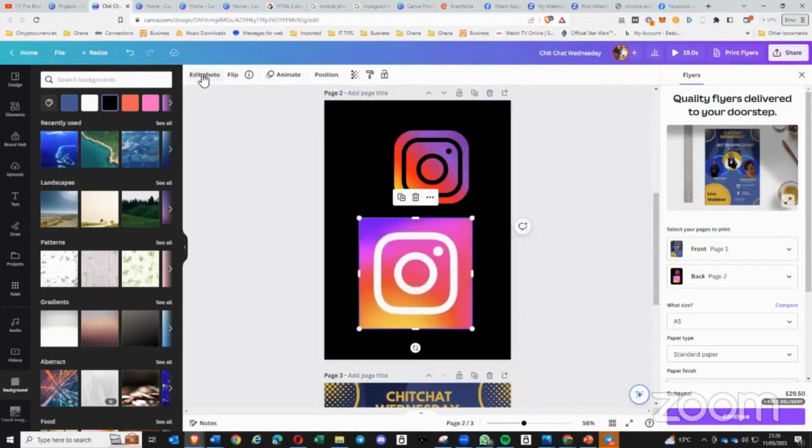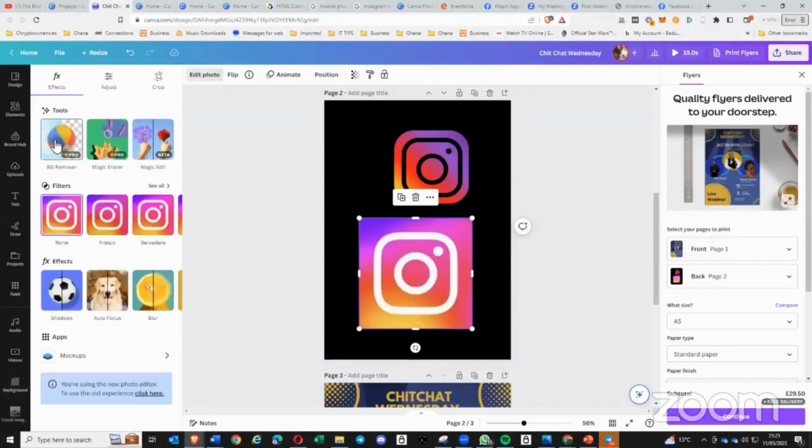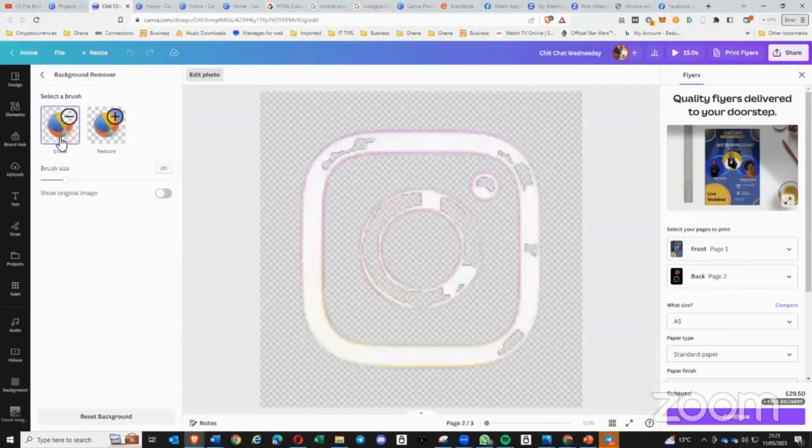and I can click on edit photo over here. And now this is one of the features that you might not get on the free version. So if I click on that, you see that the image is transformed, but it doesn't look right. And that's one of the disadvantages of some JPEG files. But what I can do is click on it again, and bear in mind that I'm using the Pro version, you see that I can fine tune what is erased